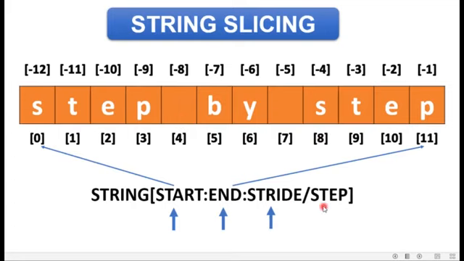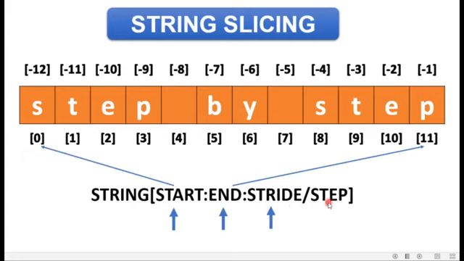But if I say that the stride value is 2, how will it take place? After the 0th index position, it will jump onto the 2nd index position because 0 plus 2 is 2. So after S, E will be retrieved. T will be omitted in between. After E, space will be retrieved. Why? Because 2 plus 2 is 4 and 4 contains the space. After the 4th index position, it will jump onto 6 because 4 plus 2 is equal to 6. Then the Y character will be retrieved and so on.